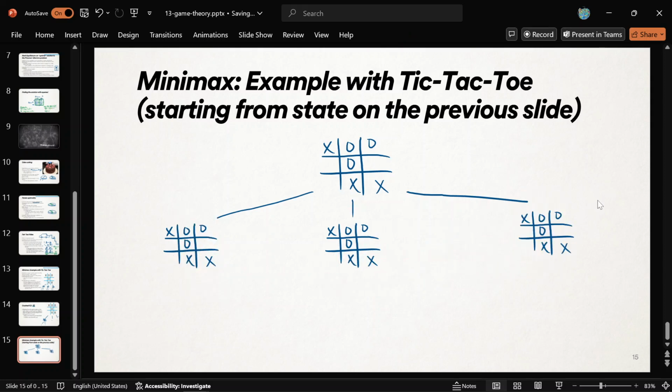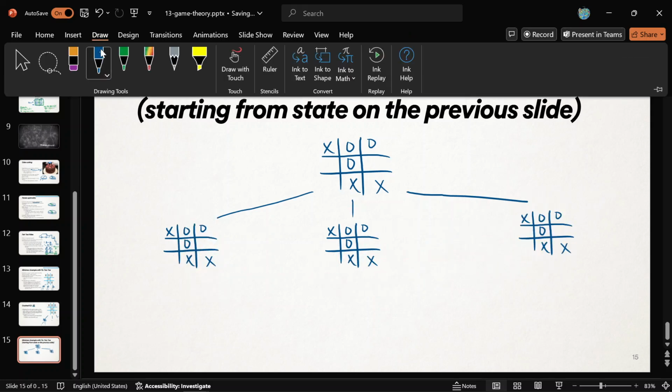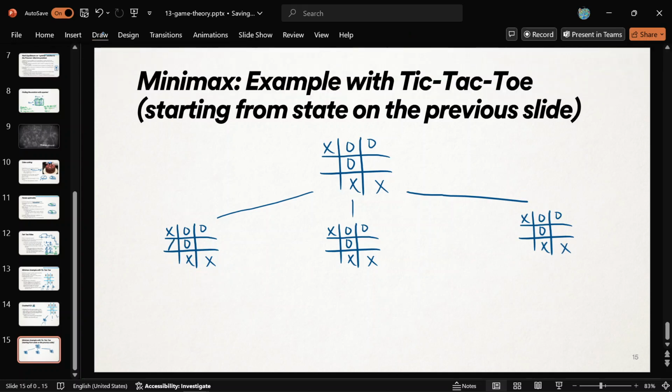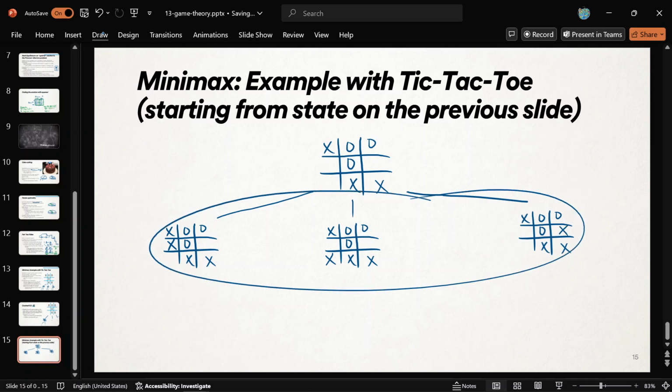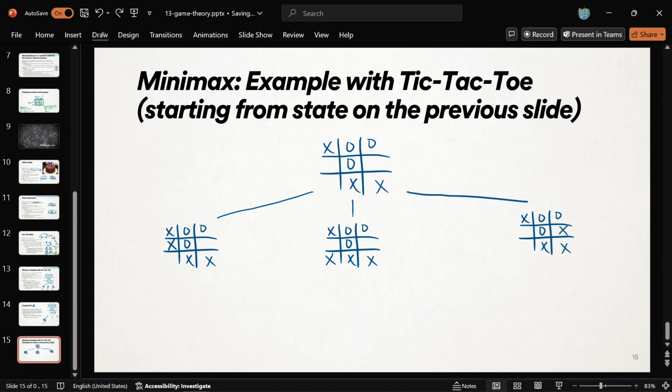All right, so those are my three new copies of the board, and then X could have gone either here, there, or there, and that was X's turn. Those are the possibilities for X's turn, and then underneath that, it's O's turn now. So O's got two options right here now. Either O could go here or here, right? So I guess it's probably faster for me to just draw it myself. But this is what you've got to do in order to run minimax first. Okay?